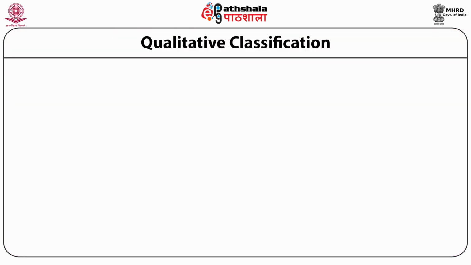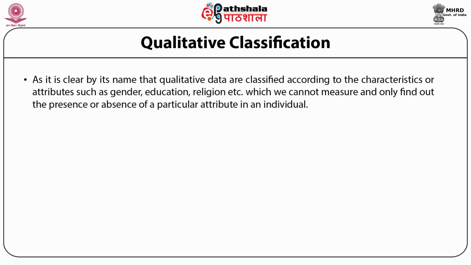Number 1, qualitative classification. Number 2, quantitative classification. Number 3, chronological classification, and number 4, geographical classification. Now, number 1, that is the qualitative classification. As is clear from its name, qualitative data are classified according to characteristics or attributes such as gender, education, religion, etc., which we cannot measure and can only find out the presence or absence of a particular attribute